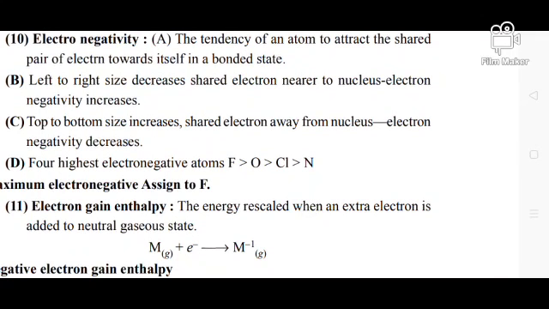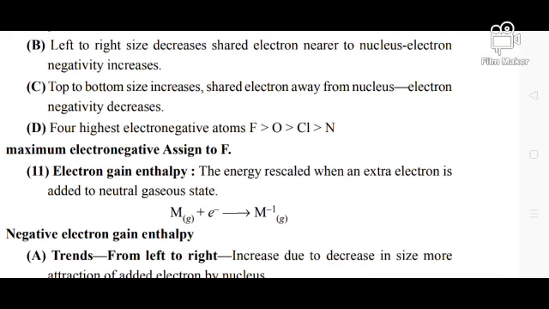Okay, the four highest electronegativity atoms are fluorine, oxygen, chlorine, and nitrogen, with fluorine having the highest electronegativity. From the periodic table you have to remember these things. Okay, so after that, my dear friends,